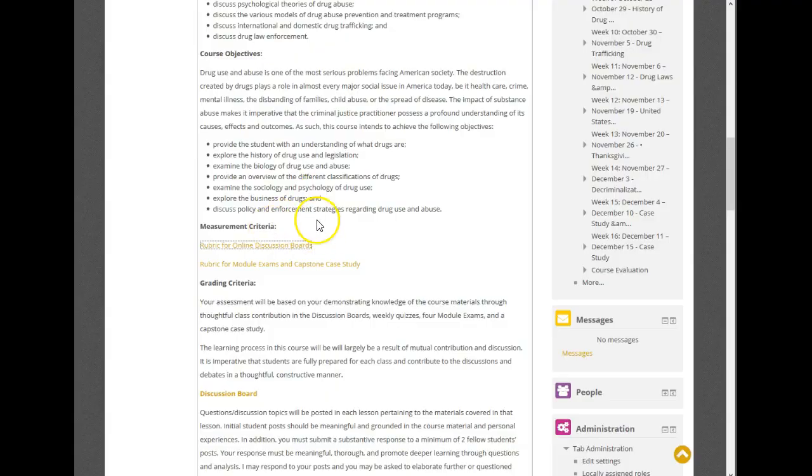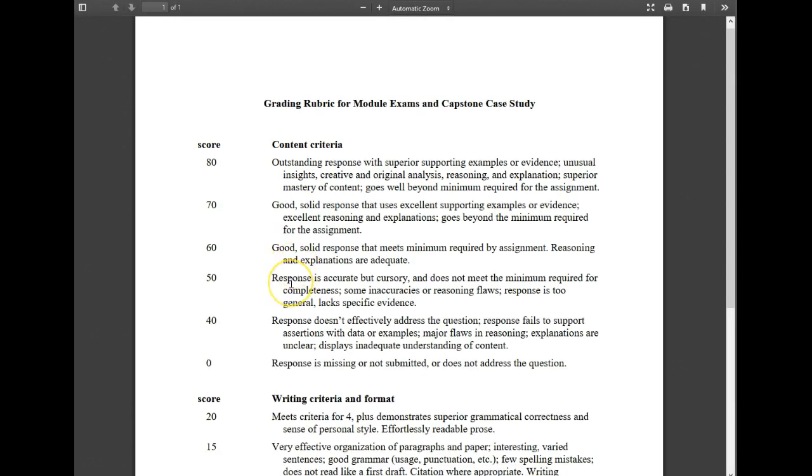So going back, next we have the rubric for the module exams and the case studies. The module exams, as I said, they're short essays. The case studies, there are mini cases and an actual case study at the end. The mini cases are simple, small short essay responses. The one at the end of the semester is going to be a little bit more involved, but nothing crazy. But these case studies are opportunities for you to apply your knowledge to real criminal justice cases. And here's the basic rubric.